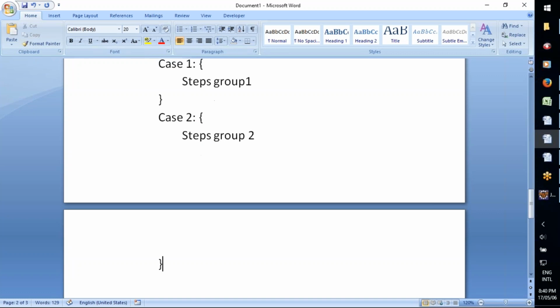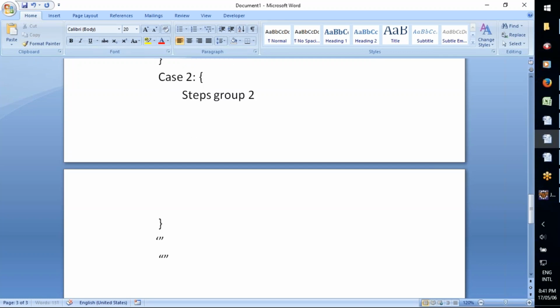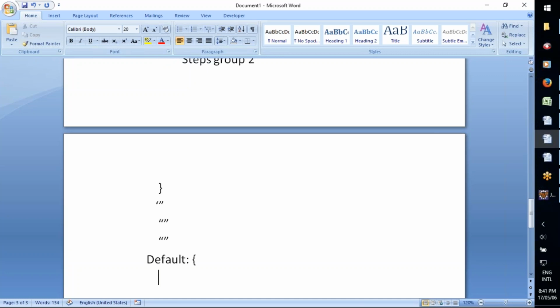Like this we can define n number of cases, and then finally we have to define default. Again here we can define another set of steps group n,